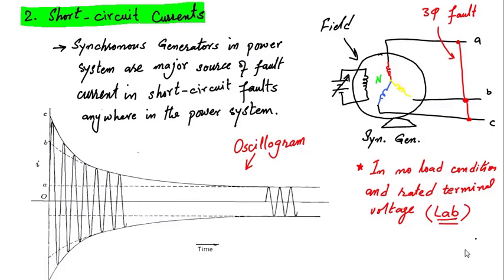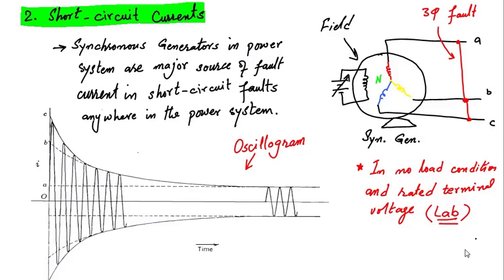The symmetrical component, or you can say AC component, of that fault current is a bit complex as compared to a simple inductive circuit. Here you can see this waveform initially has very high magnitude. It is decreasing with the passage of time and attains a steady state value. That doesn't happen in case of a simple inductor. So this is a bit complex phenomenon, due to the distribution of magnetic field inside the synchronous machine. Now we describe what is happening over here.